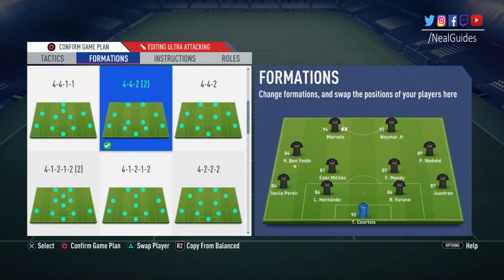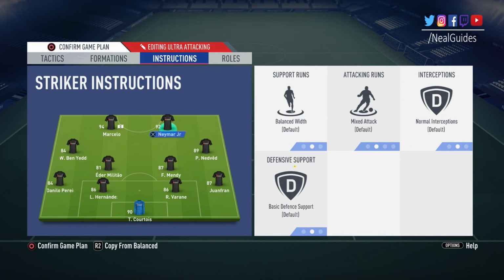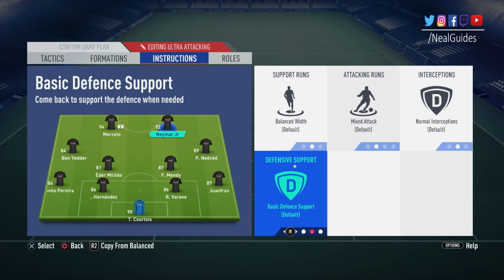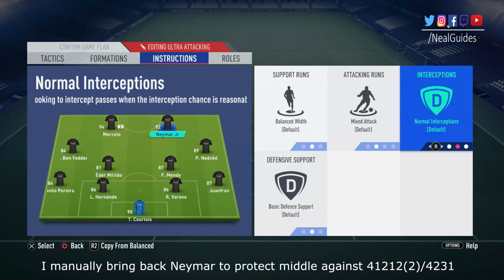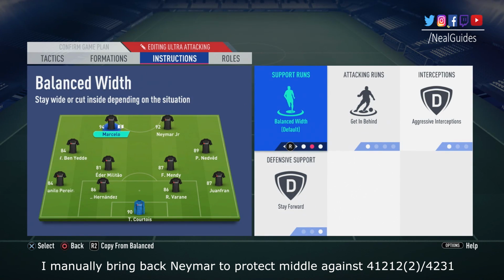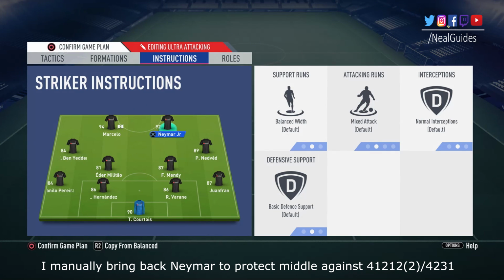Now, getting into the instructions. I put my striker on stay forward. I put my Neymar on balanced. I kind of want this formation to be like a 4-4-1-1, so I bring Neymar back on the defense. I kind of want Marcelo to be aggressive, so you can win the ball back higher up the pitch, and he's on getting behind, stay forward. So he's going to always stay forward. Neymar will be on balanced, so he can always